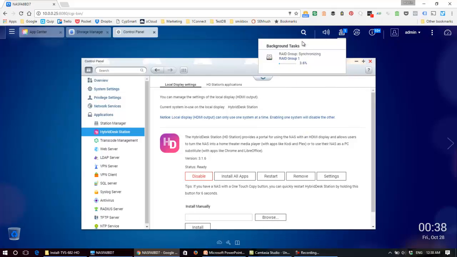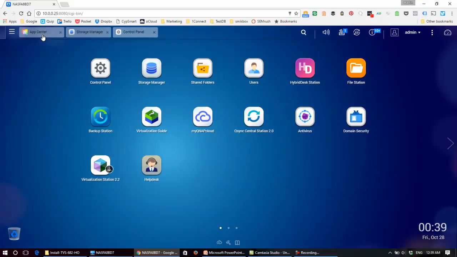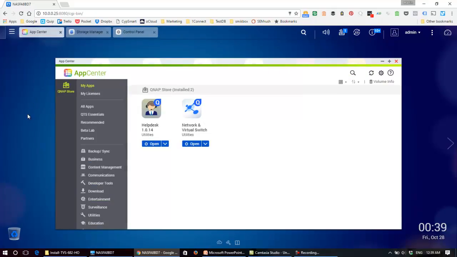It's now helpful to look at this status again. It's back to the one task, RAID group 1 synchronizing. All the other tasks have dropped off, helping you to understand that the installation of the Hybrid Desktop is finished. So now we can close that and then go to the App Center again and then begin to install some